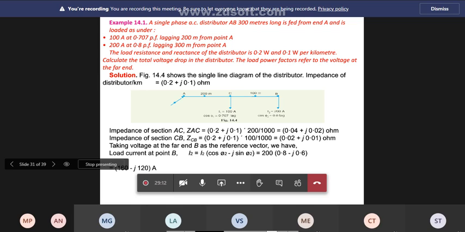So what is given? AB, the total length is 300 meters. The distributor length is 300 meters. But